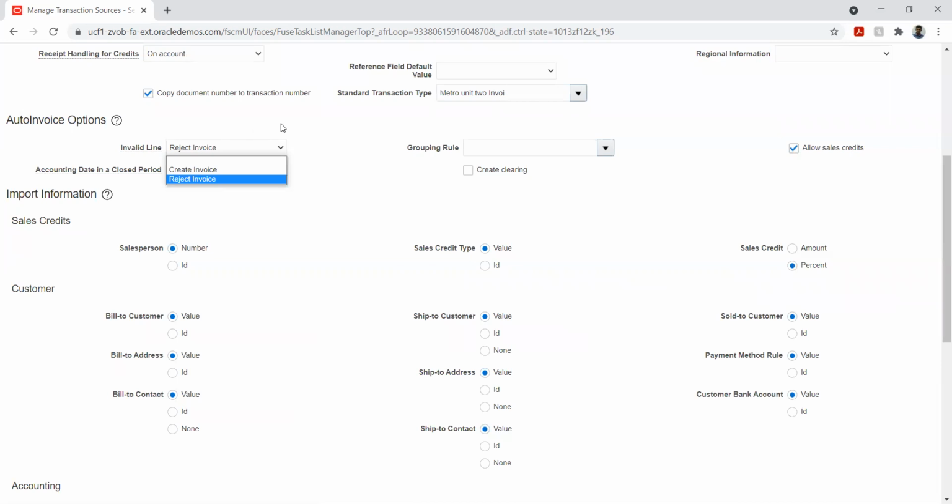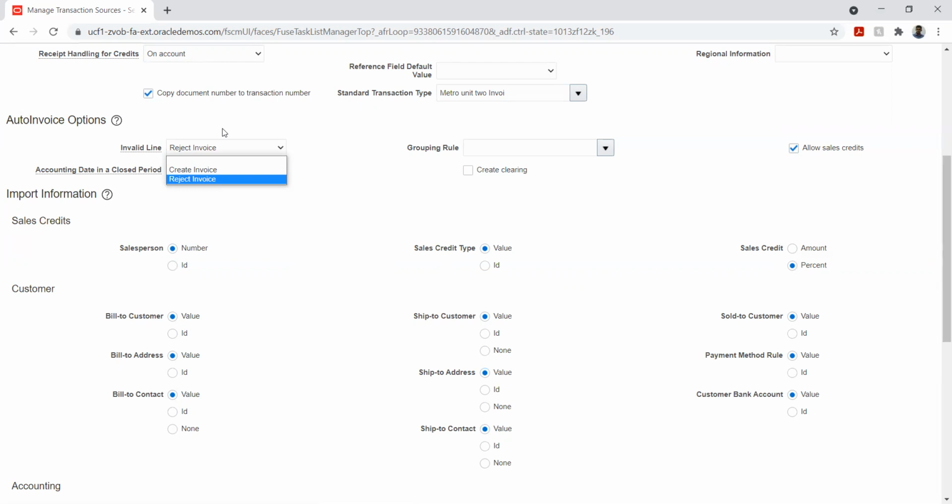But then it becomes confusing if it is not part of this one and turns up separately. Yeah. That's why in most cases we set this as reject invoice, so that it comes in this batch itself. When I say reject invoice, out of these 100 lines, if two lines have an exception, it will reject the entire invoice batch.